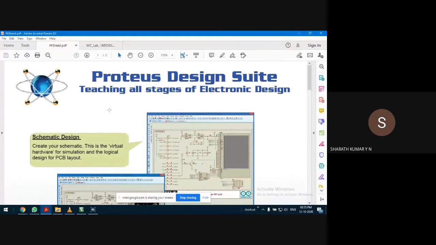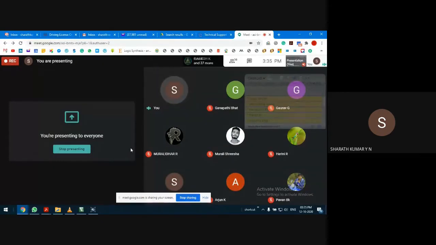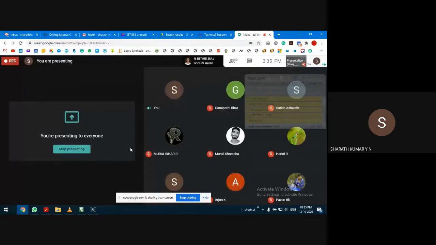The other one is MCU 8051. It's freely available software, no problem, and it's open source. But the problem we face with MCU 8051 is that we can't show the connection between the microcontroller and other components like LED, LCD, and 7-segment display. It's not possible. It's just a kind of compiler, useful for program debugging, not for interfacing purposes. So that's why we have decided to make use of Proteus software.